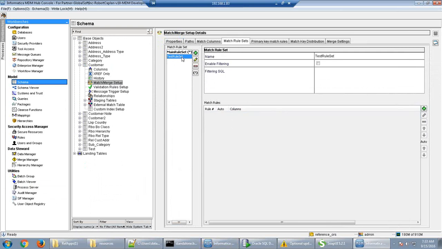Probably the records are not getting matched properly, so I don't want to touch the main one. What I will do is create a replica of the main rule set. Whatever rules are present here, I will create here also, make some changes and try to run it, just to see whether the records which were not getting matched previously are getting matched correctly now. Just for that reason. So we don't need to have multiple rule sets here. One rule set is sufficient.